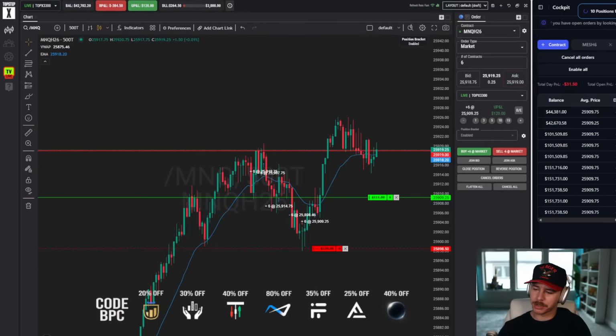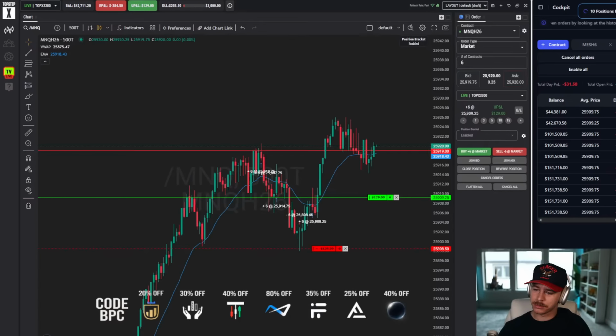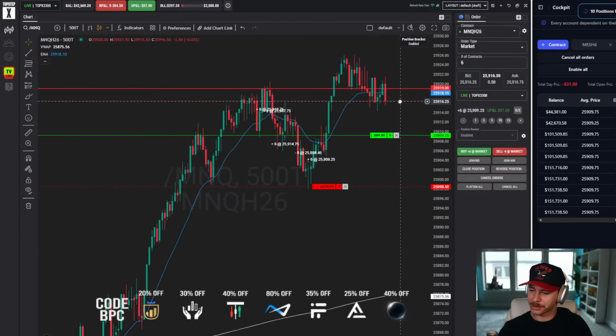Seen a ton of wicks off of 920s. We got to break higher here, otherwise, maybe see profit, take profit to the long side. If you're in a long, you're on the right side of the trend, see it, take it. But maybe don't hold for breaks because this is